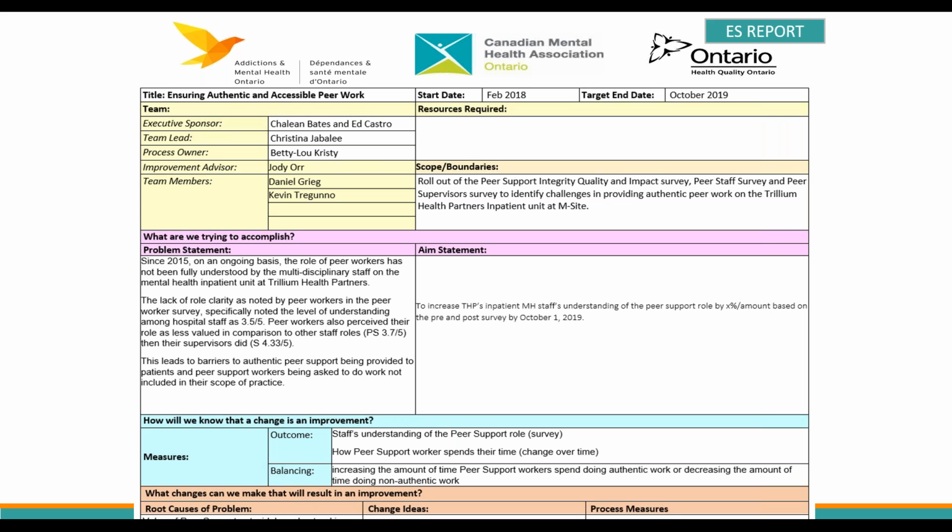We haven't necessarily listed it yet because we obviously want to see an increase in how peer support workers and supervisors are perceiving the knowledge base on the unit. But now we also want to see what the survey from the inpatient unit staff is saying, so we can understand that needle that we're going to hopefully be moving with some of our change ideas. But I'm not there yet, and that was Debbie's wonderful coaching constantly. We weren't allowed to think of solutions yet until we really sat and swam in the problem. So on to the next slide